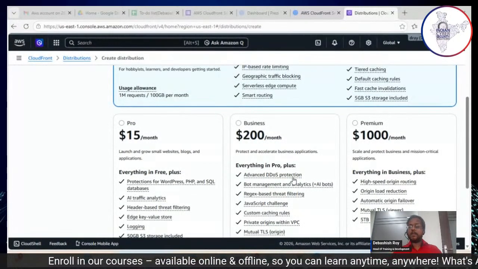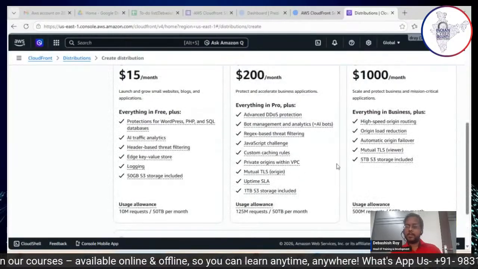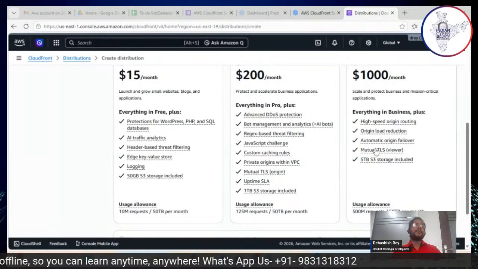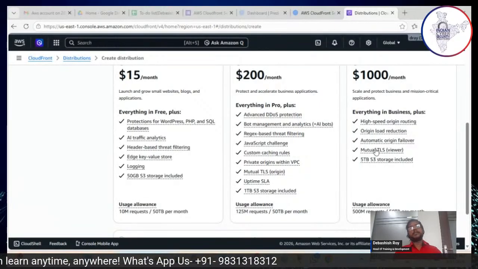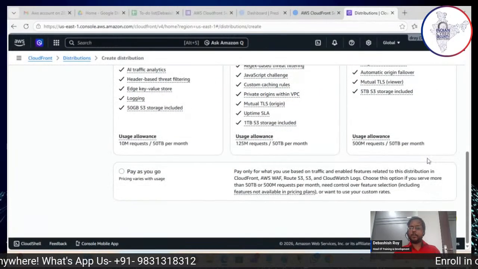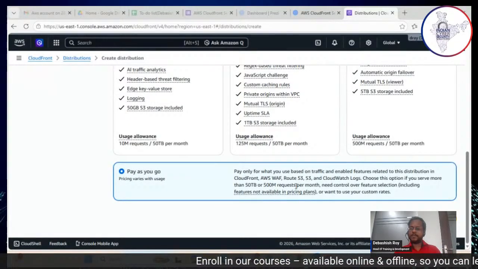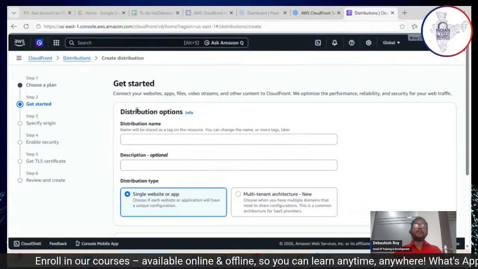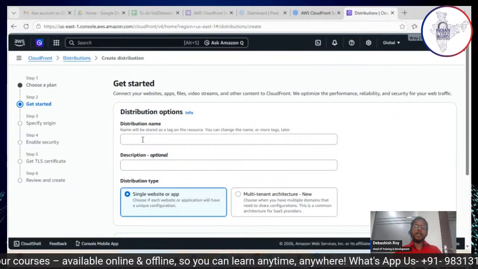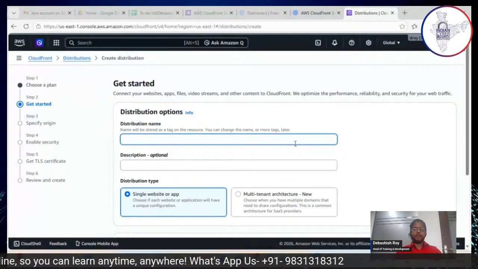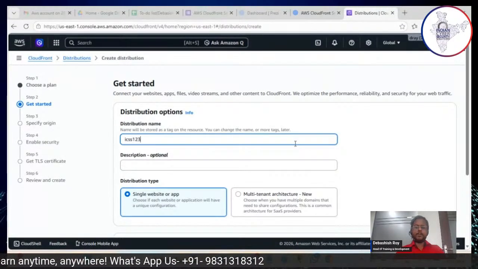Business plan, even the premium plan is there for the high speed origin routing, mutual TLS. TLS is a very secure protocol. Let me tell you, there is transport security that it is giving you. But you can go for the pay as you go pricing. Next, you click on next. Now it is asking for the distribution name. Now distribution name can be, say, SSS1234,